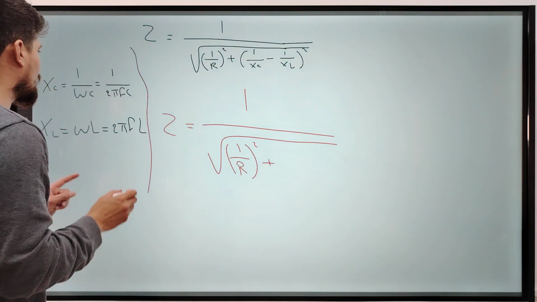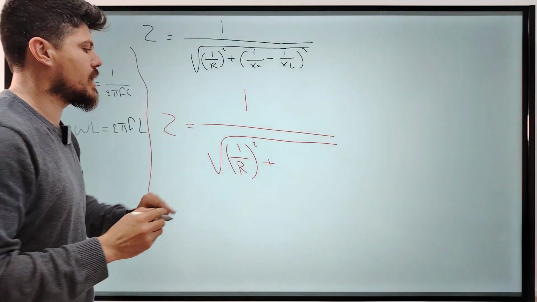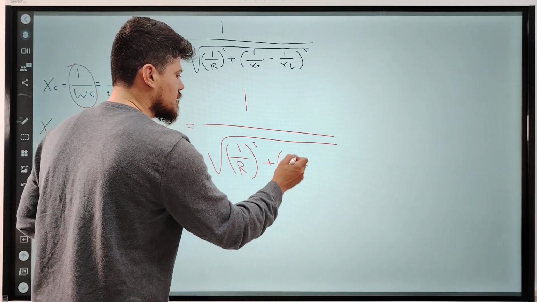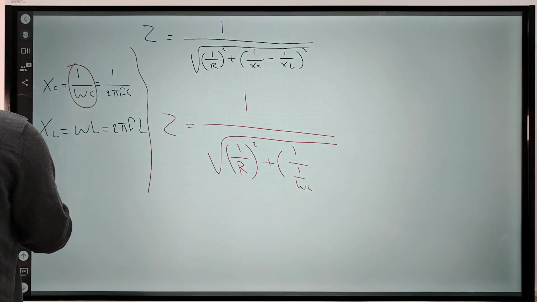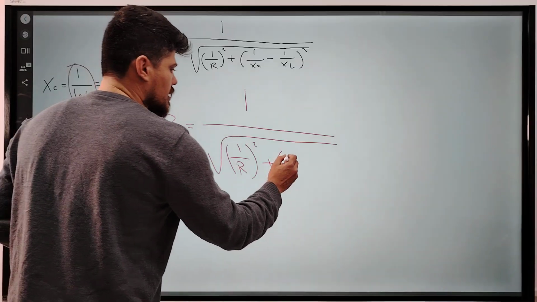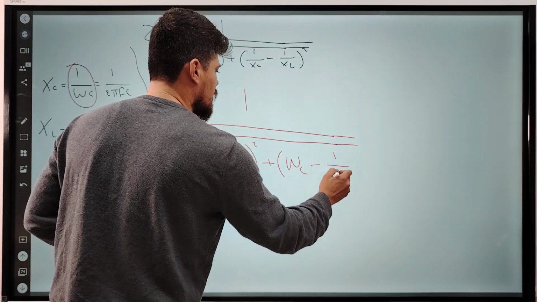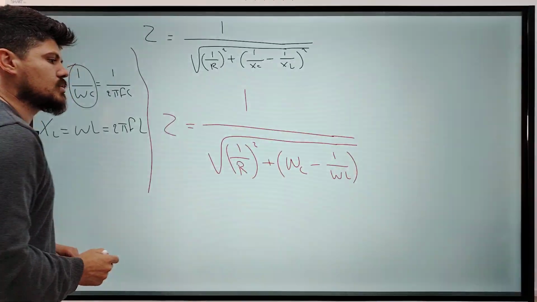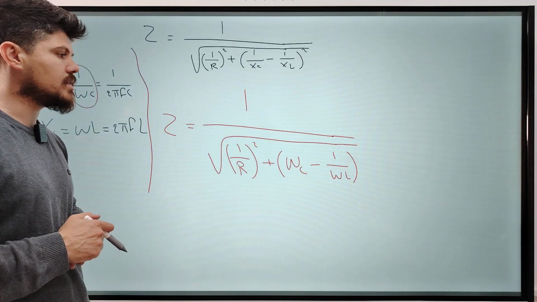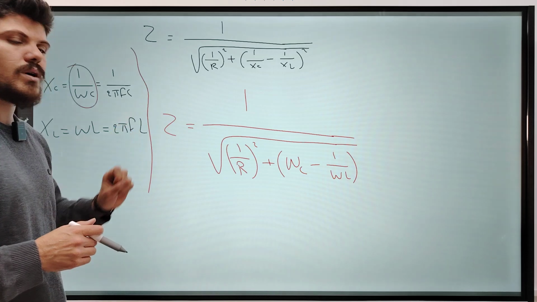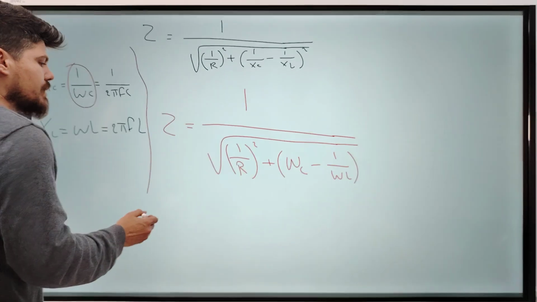Instead of 1 over XC, write down what? 1 over omega C. It becomes what? 1 over omega C, and 1 over omega C becomes like the 1 over omega C. According to math basics, 1 over 1 over omega C is equal to omega C, minus 1 over omega L. So is it possible to write it like that? Yes, of course. So which equation is correct to find the total impedance in a parallel connection? Both are correct. And also, instead of omega you can write down